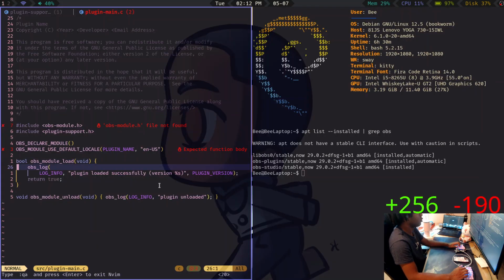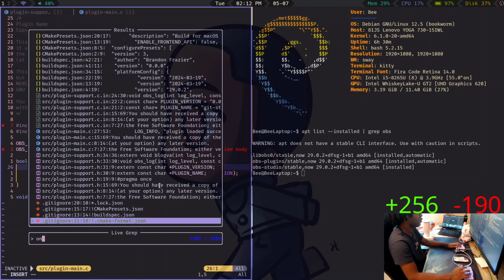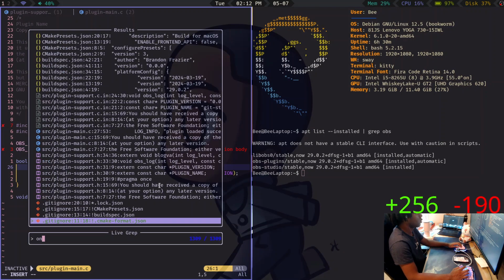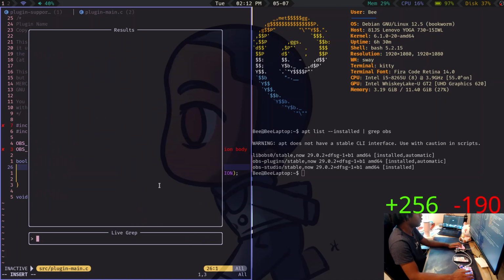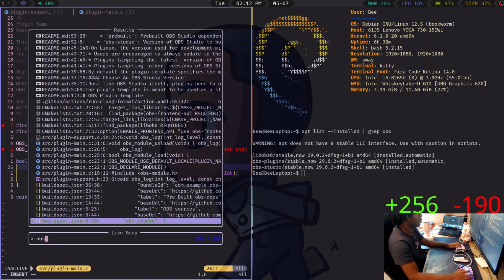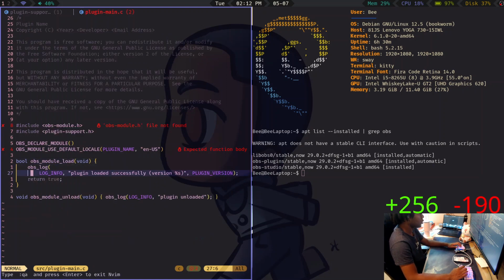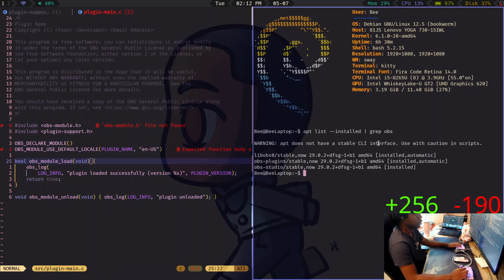Then on load. Do we have anything for on load? OBS module. Oh, it's right here. Duh.